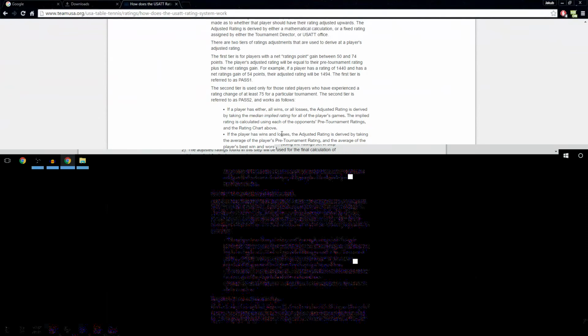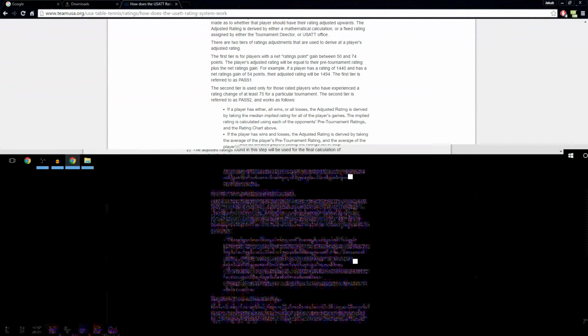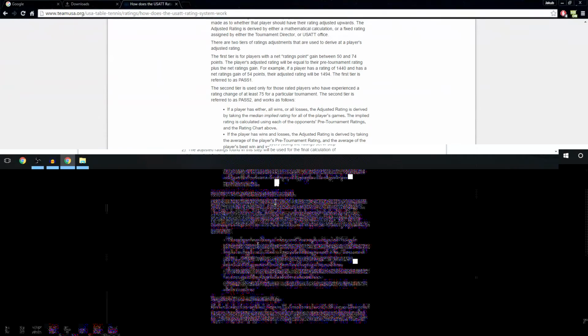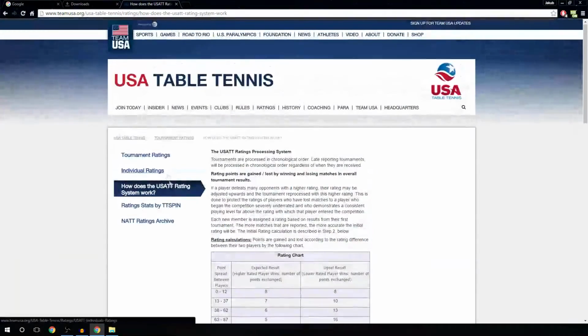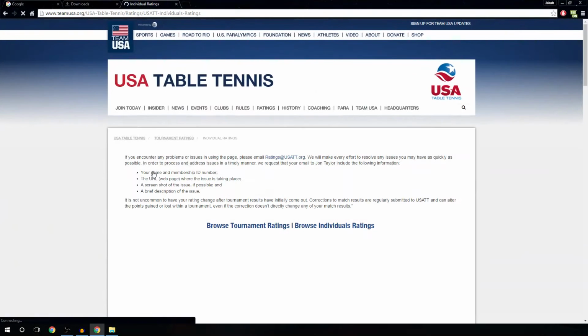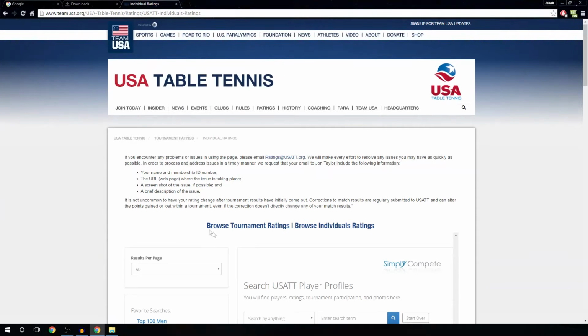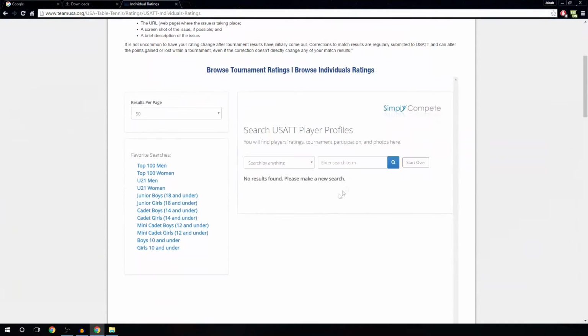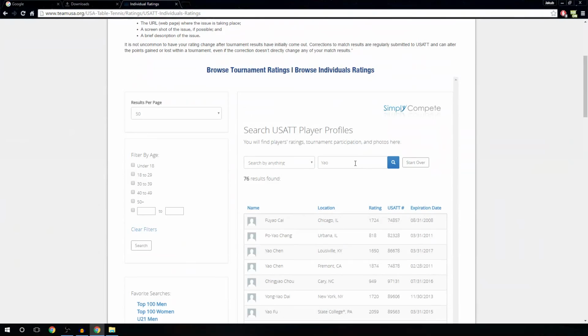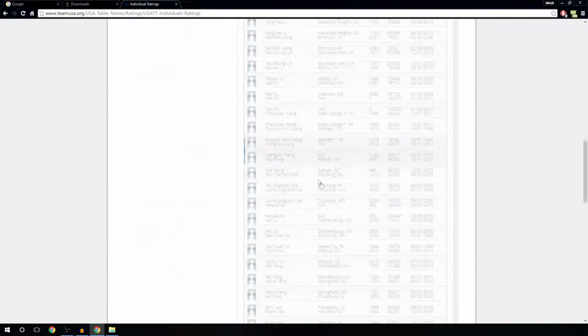Now let's jump over to actually checking our rating. To go to the ratings page, simply click on the individual ratings here on the left. Alternatively, you could download the USATT app and check it from there. Once you are on here, just type in your last name or your first and last name. Here, I'll type in my last name. And once you're here, you can click on your name